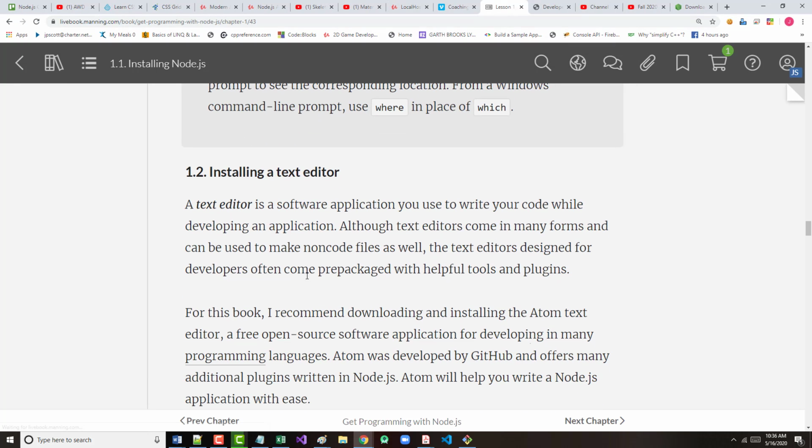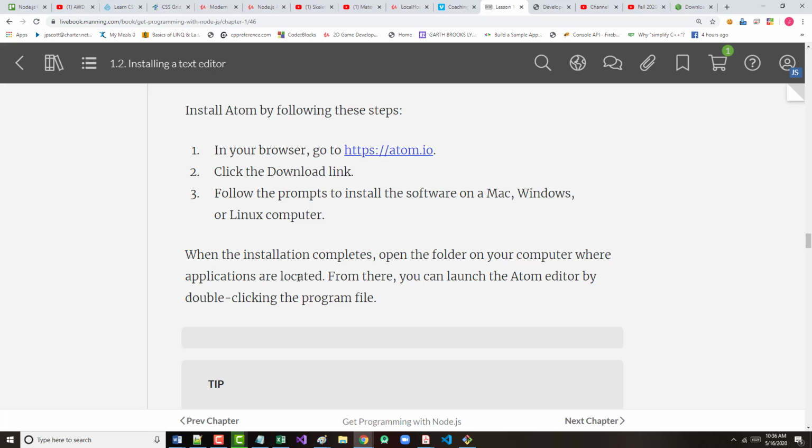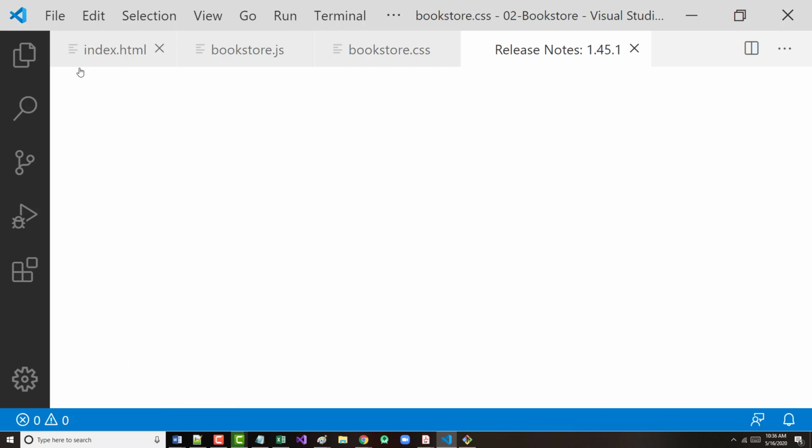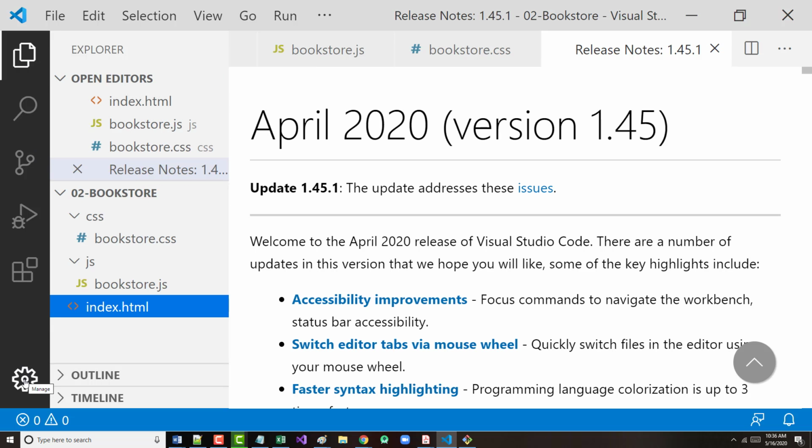Alright, next they go through here installing a text editor. The author recommends Atom, which is fine if you want to use that. You can follow these steps. But what I like, using Visual Studio Code, which we're going to use, and I'll bring that up here. Visual Studio Code, like Atom, but Visual Studio Code to me is easier to use, and when you start going over here and you bring this stuff out, as far as what's here, if you click this gear down here,